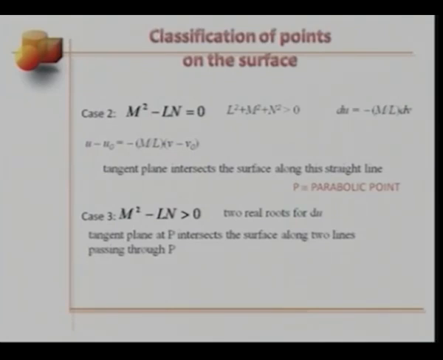And so the tangent plane at point P will intersect the surface patch along two lines passing through P. So we are talking about hyperbolic points here. Finally, case 4, where L is equal to m is equal to n, which is equal to 0. The point P is called